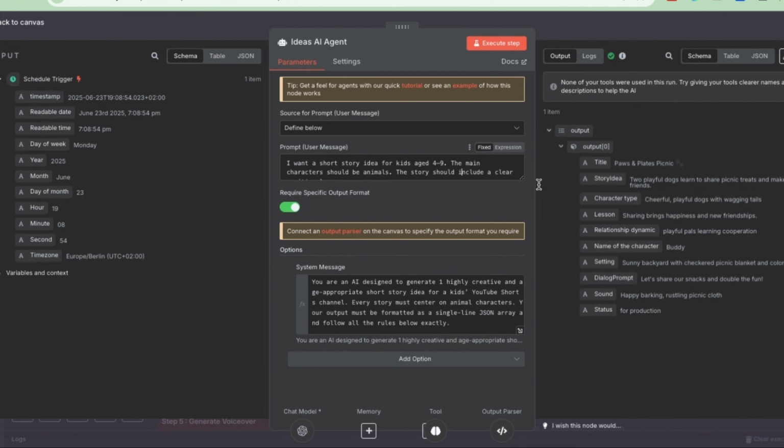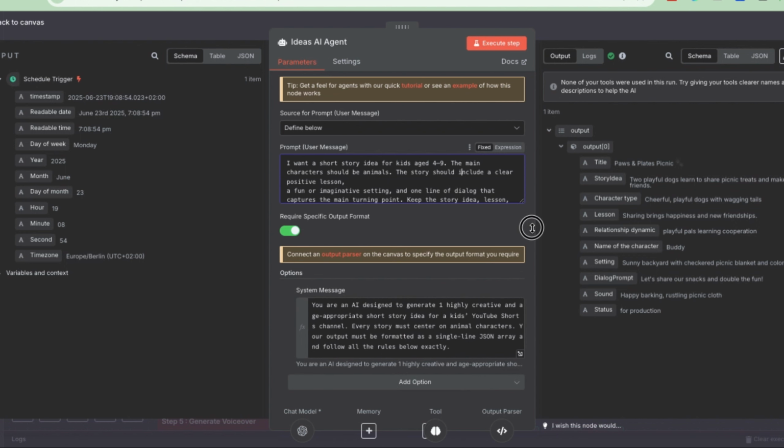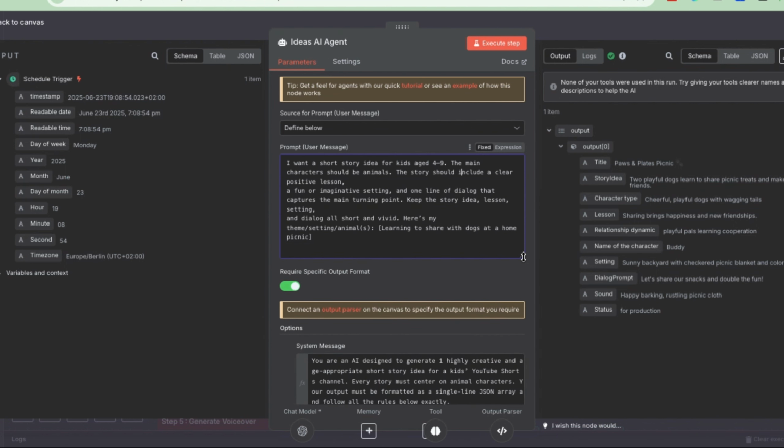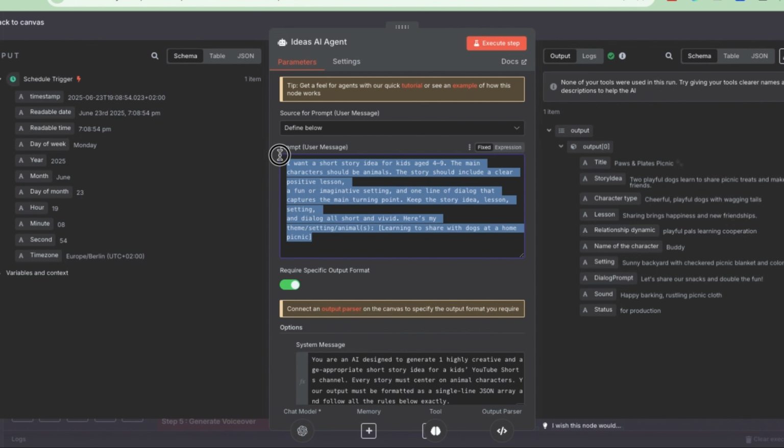Every AI agent is set up in a similar way. There's a user prompt, which you can think of as a message you send to the agent, just like chatting with ChatGPT. If you look at it here, it's straightforward. It's a command to generate an idea for a specific niche, in this case the kids' cartoon niche we want to